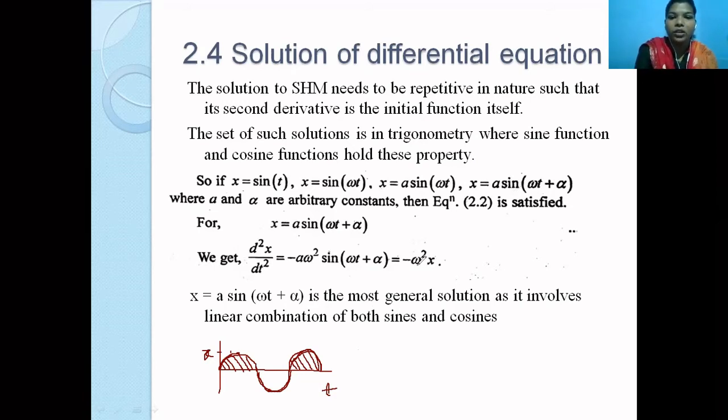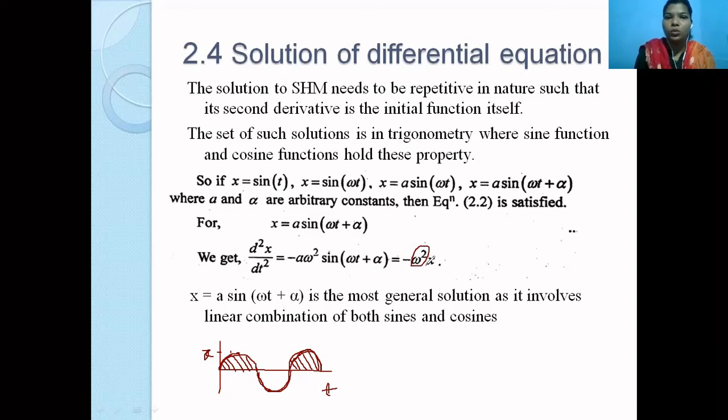One more thing that I need to tell you is that this omega square, which is constant, omega square is k by m, has to be in the function. So the first condition being the function has to be repetitive in nature. The second condition being the second derivative is the initial function itself. The third condition being this omega square has to be there in the second derivative. So we need to follow these three conditions to choose the proper function for